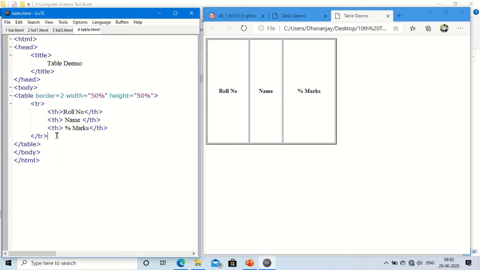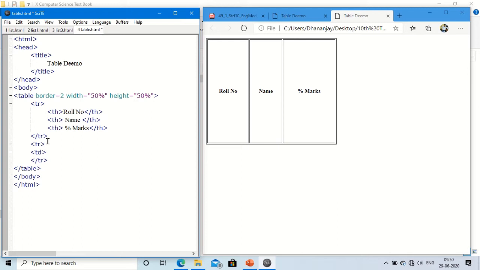How to create another row? I want to give here tr, then tr close. One more row has been created, but inside this second row there is no cell, so give here td, because this is the second row, so there is no need to give the th. th is only for giving the heading for the first row. If you want to give, you can give, but I will suggest use the th only for the first row, because the first row is considered as heading, right?